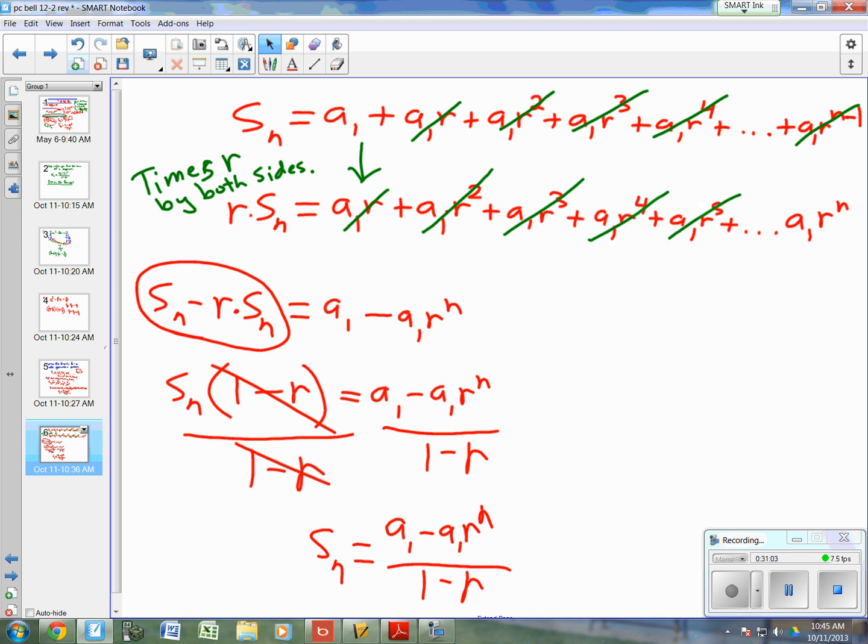Now, would I have ever thought of something like this? No. Some mathematician a long time ago decided it was really hard and really tedious to add up a lot of numbers, and so he decided he was going to try and find a formula, right? So you're just showing us how it gets there. That's what it means to derive. What it means to derive is to find out the formula, figure out the formula, prove it, show that it's true. How would you start